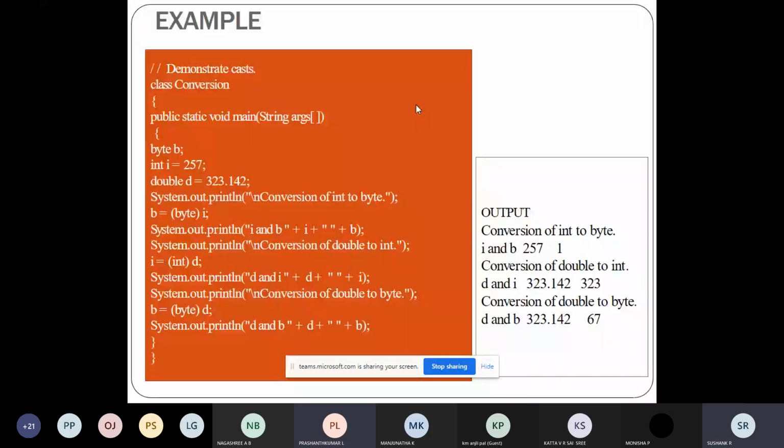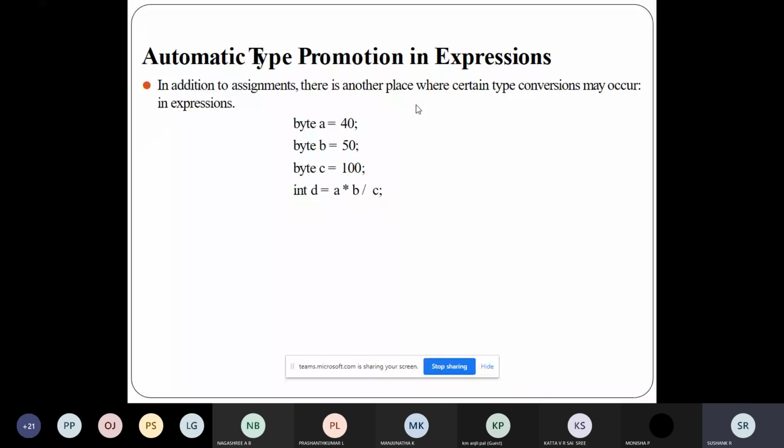So why is it happening? Because if I try to fit a floating point value into an integer, the floating point value gets truncated. So today also we'll learn a few examples. See, if you look at this program, you will feel that the program is fine and there are no issues in it.